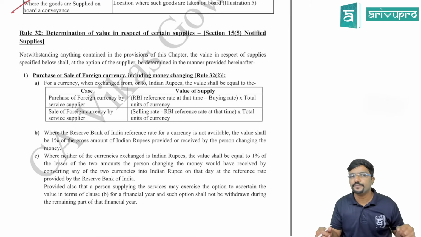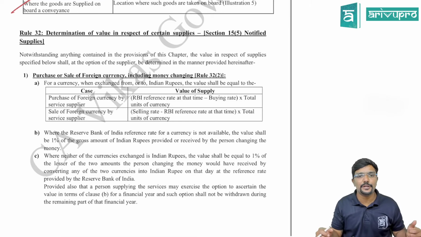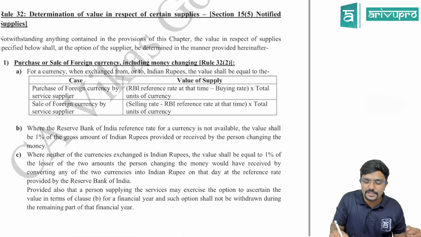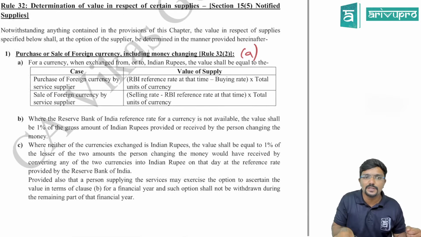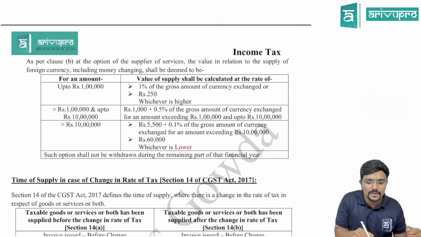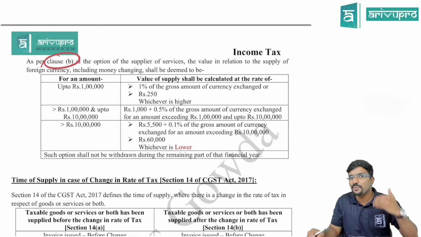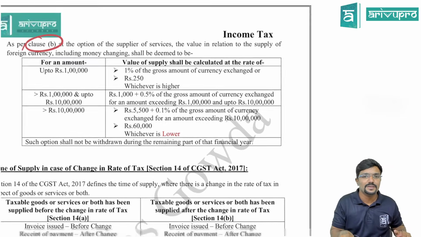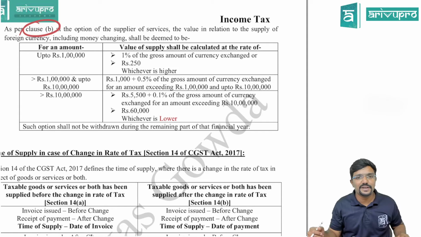So rule 2, under the value of supply, valuation rules. See, first one, this is clause A. Question is not on this. They have clearly asked on clause B. Please be careful with this because you may wrongly apply clause A also. But at least by seeing the option, you will realize it.